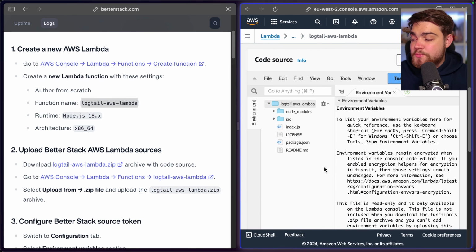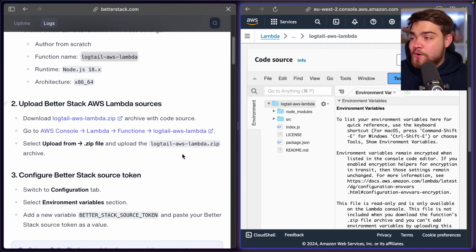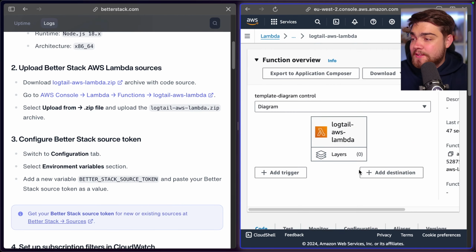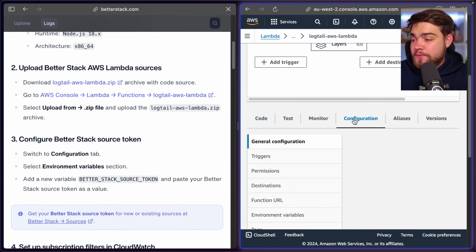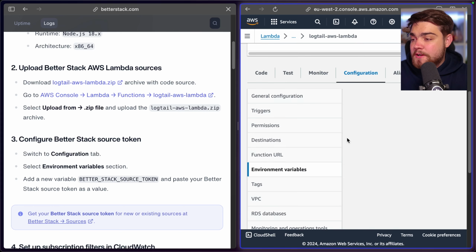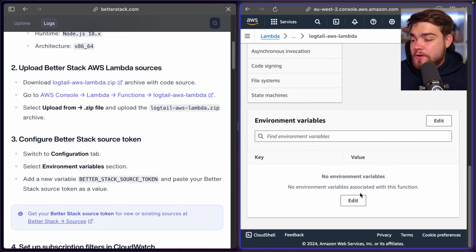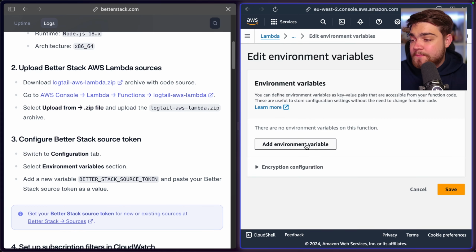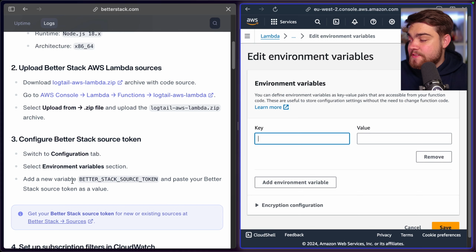But what we do need to do is configure the environment variable for our source token. So you can see down here, we need to go to the configuration tab. So we go configuration here, environment variables, and then we need to create a new environment variable. So we can click edit down here, add environment variable. Then we need to give this the key of